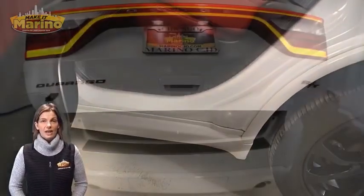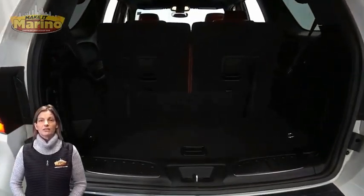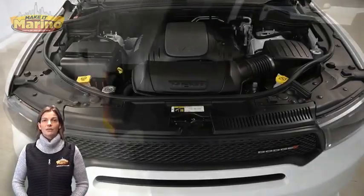5.7-liter V8 HEMI engine, and so much more. For additional details, visit us at marinocjd.com, stock number